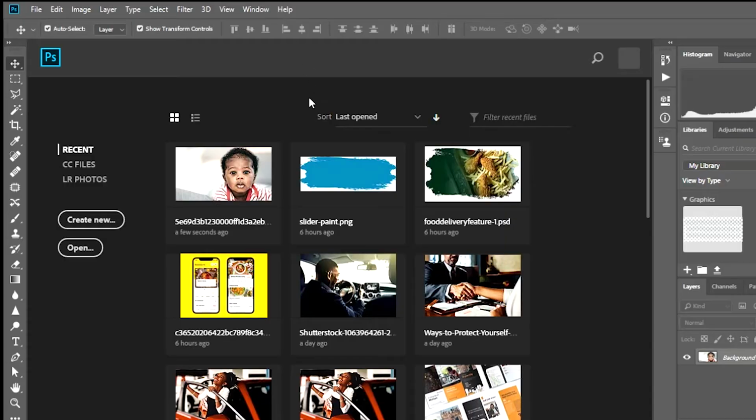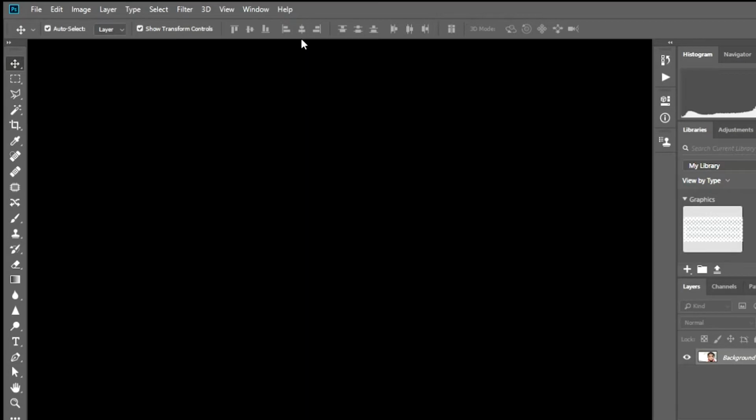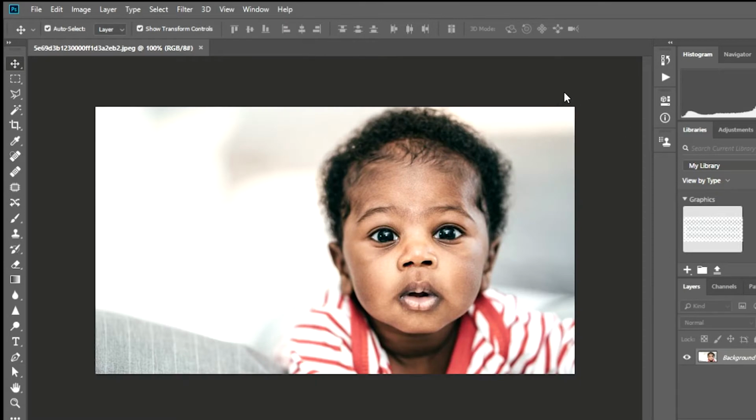So let's move directly to the software. First software I'm going to run you through is Photoshop. So this is the interface of Photoshop. The first thing you're going to do is to load your image in, and this is the image you are going to be working with. You can get this image in the description section. There's a link to the image below, so you can download it and let's work with it